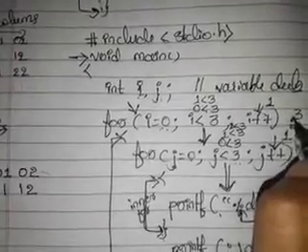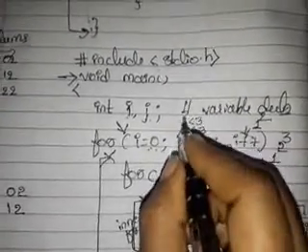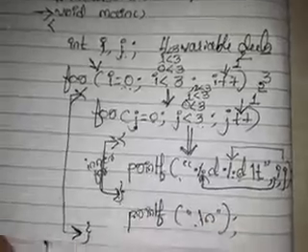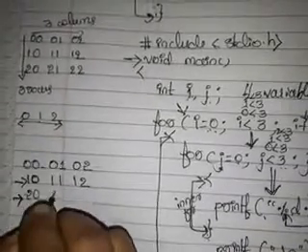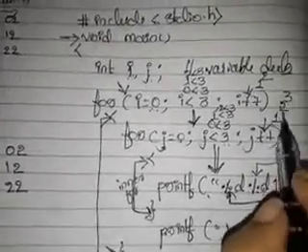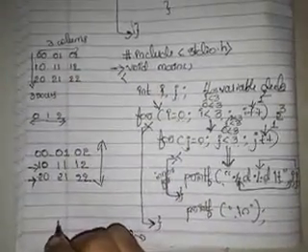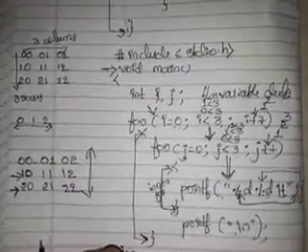Next i++. What will be the new value of i now? It is obviously 2. 2 is less than 3, true or false? Yes, it is true. It will come inside. All the values of j repeat. Again the same cycle repeats. That is nothing but 2 0, 2 1, 2 2. Next, the value of i increments. 3. 3 less than 3? False. As it is false, it will come out. The program ends. So successfully I have got this particular output. Did all of you understand how the nested for loop executes?